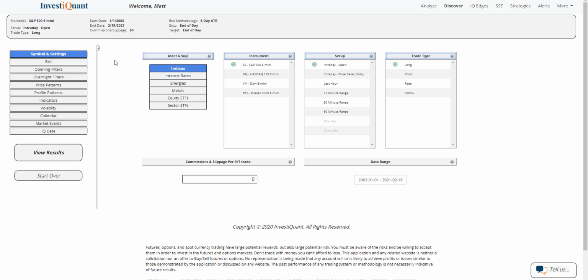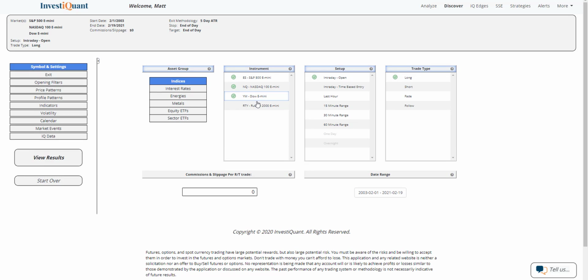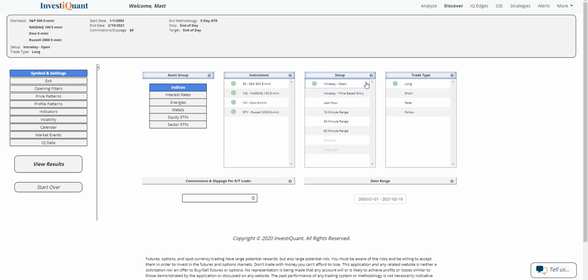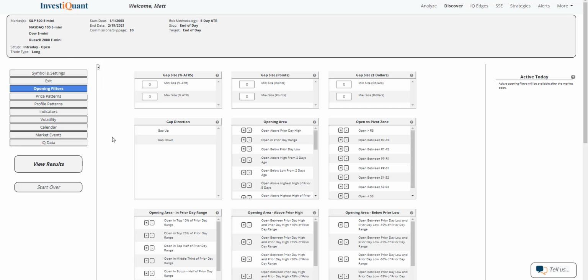So let me come in here and Discover and select all four instruments and take a look at the setup for getting long at the open of regular trading hours, which is 9:30 a.m. Eastern Time, exiting at the close, which is 4:15 p.m. Eastern Time. Now this morning we are trading up, so I'm going to go into the opening filters, click on